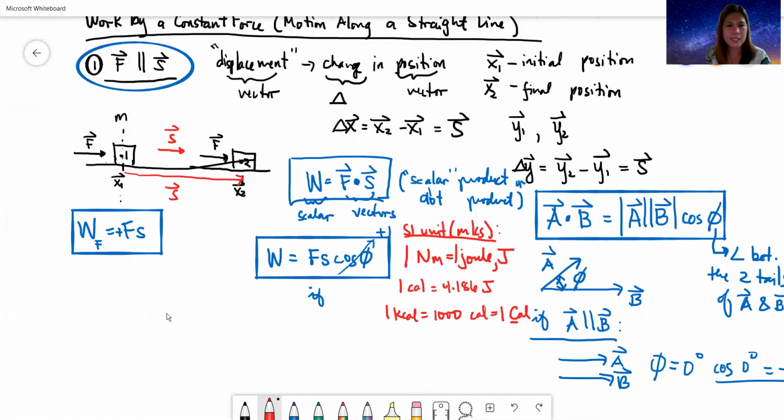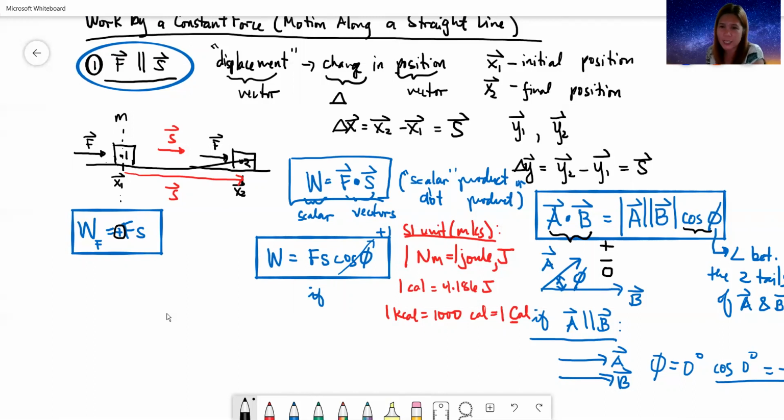So that's the simplest case. Now, let's talk more about the meaning of this positive work. Ano bang physical meaning ng positive work? Kasi if you recall, si dot product, although wala siyang direction, but because of the angle between the two vectors, the dot product of any two vectors can be positive, it can be negative, or it can be zero, depending on the orientation of the two vectors with respect to each other. So, ano ngayon ang physical meaning ng mga signs na ito?